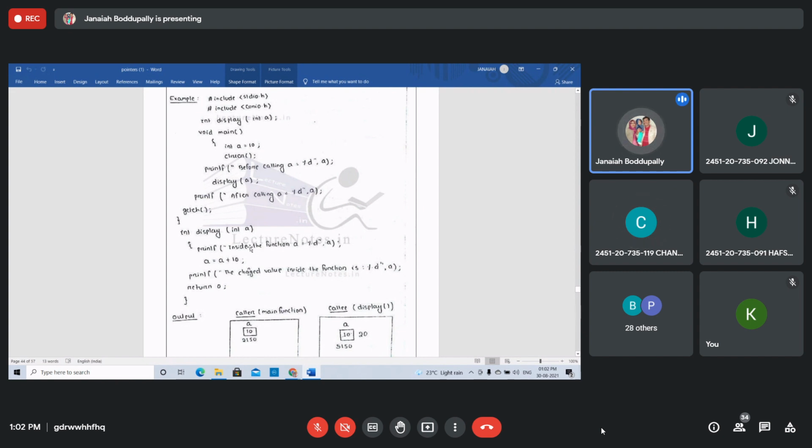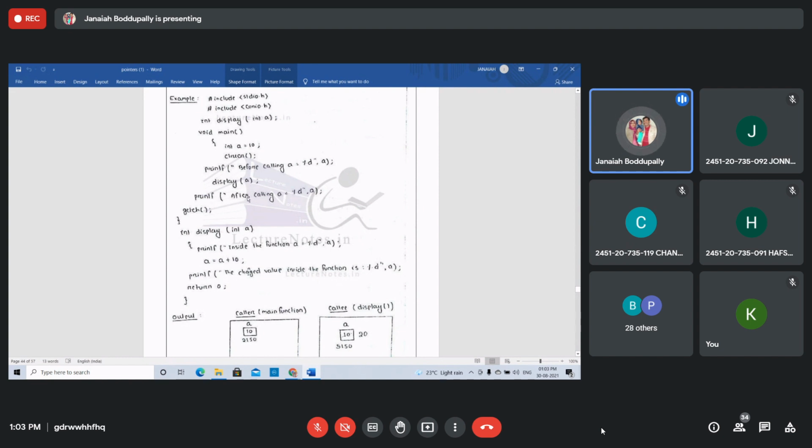Very good. After this printf, a = a + 10. What is the value of a now? 20, sir. The next printf statement prints the changed value inside the function, a = %d. The output is 20. Very good. Now control goes back to the main function.